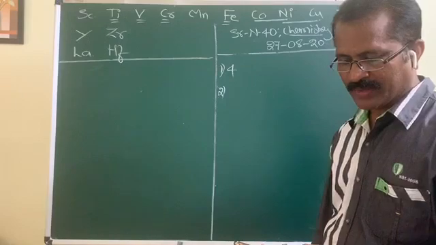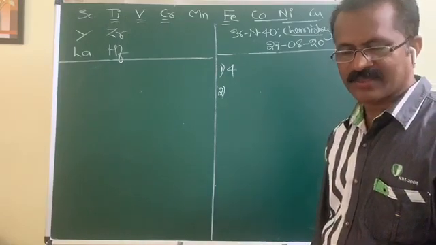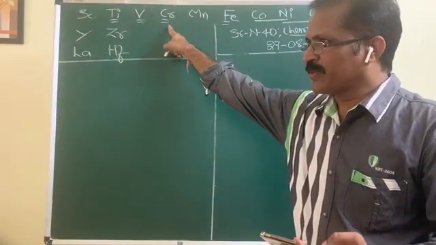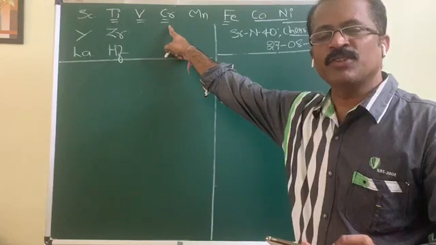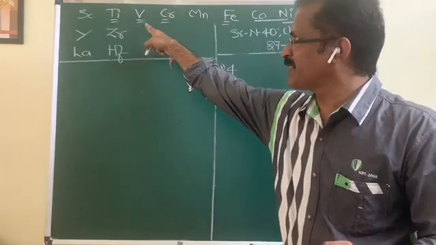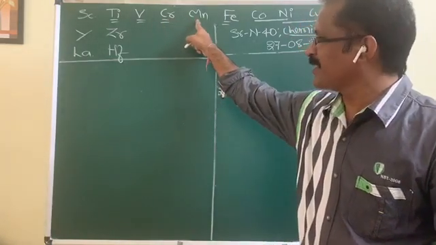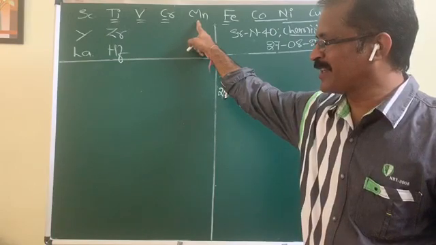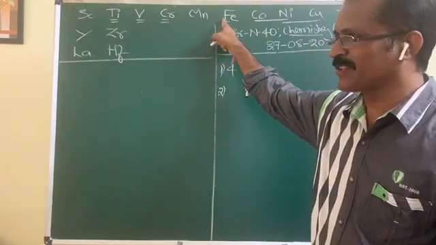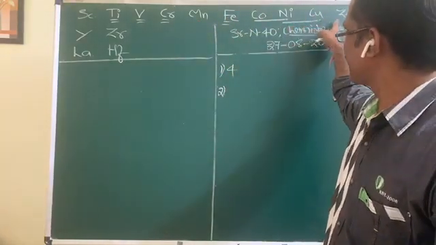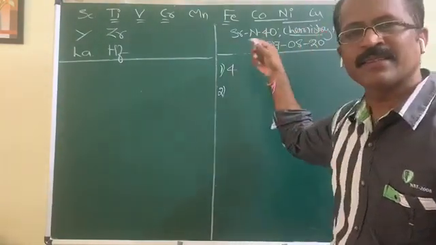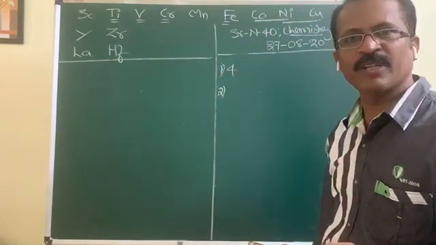Move to the next question. Maximum melting point in the first transition series. You know, in a given series, 6 B group elements show the highest melting point due to the presence of more number of unpaired electrons. Thus melting point increases up to this group. Then it shows a sudden lesser melting point for 7th B group elements. From there onwards it again increases up to iron. From there onwards it gradually decreases and reaches a minimum in the case of 2nd B group elements. In a given transition series, 2nd B group elements possess the least melting point.